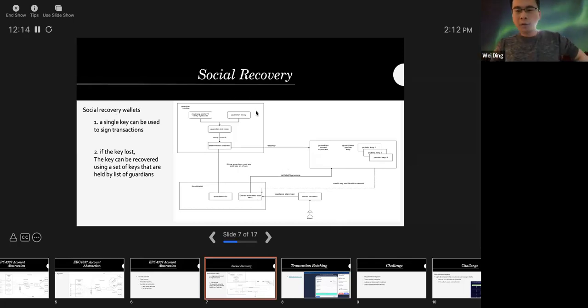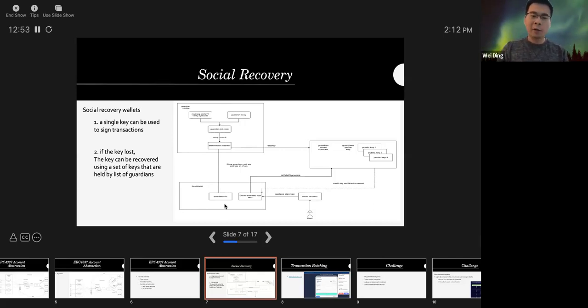And in SoulWallet, we achieve it, and we also implement a concept of anonymous guardian. Instead of setting the guardian address directly on chain, we implement a guardian module, and this module acts like a multi-sig wallet, and it takes a list of guardian addresses as the init code. We implement the multi-sig module using a CREATE2 counterfactual address, so we can calculate this multi-sig address, and we store this address on chain.